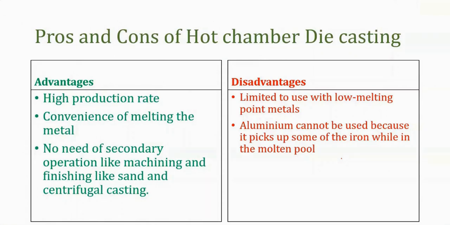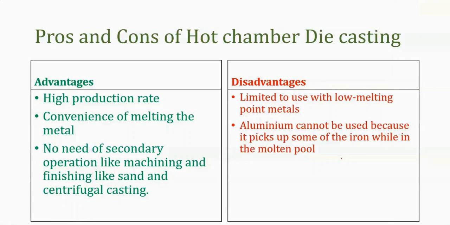Coming to the advantages, this is very suitable for a high production rate and convenience of melting the material, right? There is no need for any external melting source. Also this process doesn't require any secondary operations like machining and finishing, such as in sand or centrifugal casting. But the limitation is that this process is suitable only for low melting point materials, and also aluminum cannot